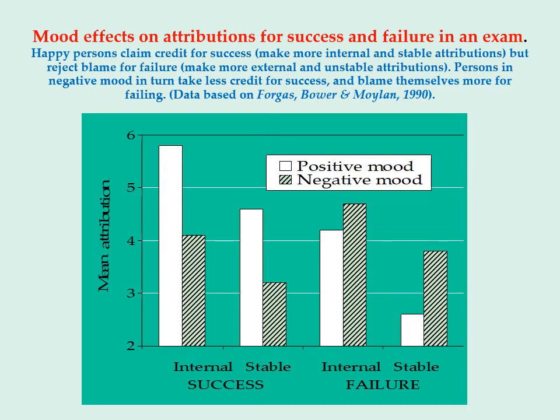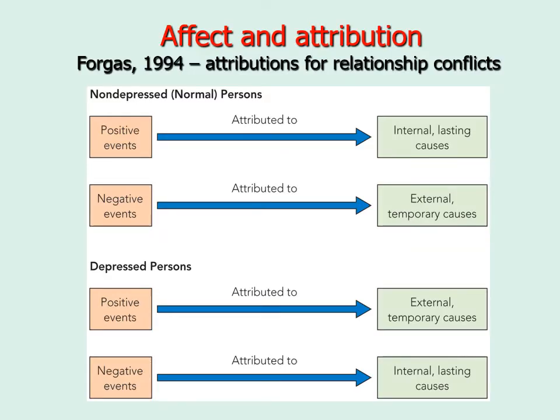This is essentially a kind of depressogenic attributional style where we interpret the world and reality such that it is consistent with our prevailing mood. Negative mood produces more negative thoughts and our self-attributions. In this experiment, again, we found evidence that induced affective state also has an important impact on how we attribute really important events. For example, the way we explain conflicts in our relationships.